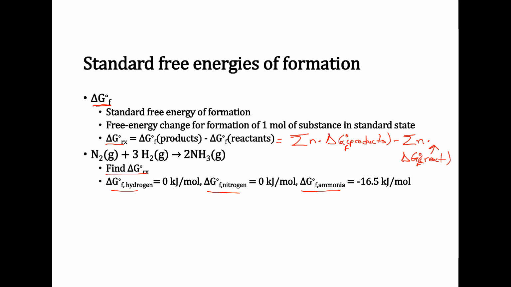So to find delta G of reaction, we take our products: 2 moles times its delta G of formation, which is negative 16.5 kilojoules per mole,